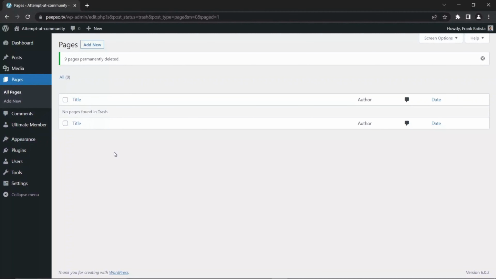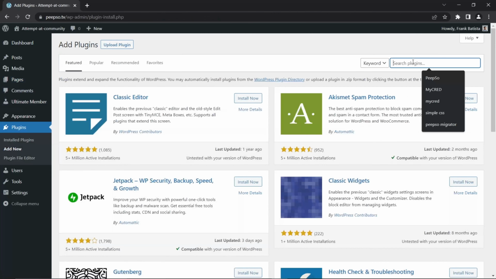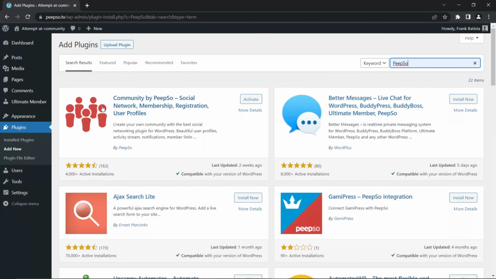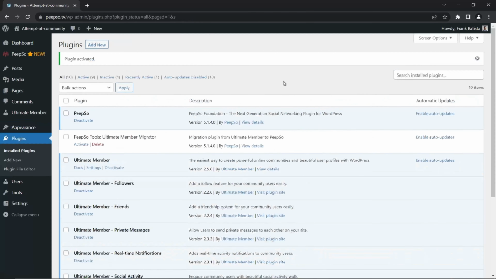Now let's go and install PeepSo. To do that, go to Plugins, then Add New, and search for PeepSo. The first result that comes up is the plugin you need. I already have it downloaded. All I have to do is activate it. Once activated,